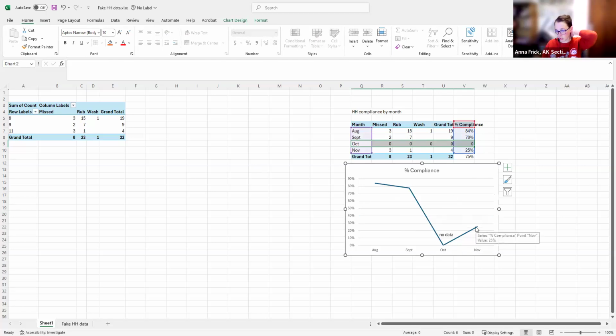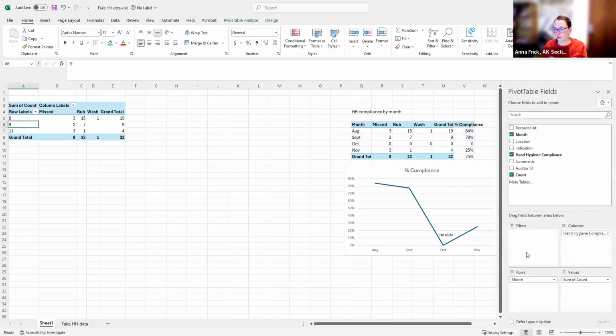and I could also switch us to a different chart type that Excel is happier about, like having not connecting lines. If I make this a bar chart, it will be much less grumpy about that missing piece of data. But I had sort of planned to make a bar chart for my unit type, so I'll do that way instead. So I've gone back to my pivot table.